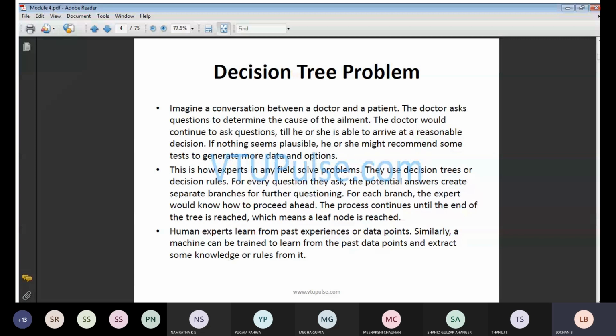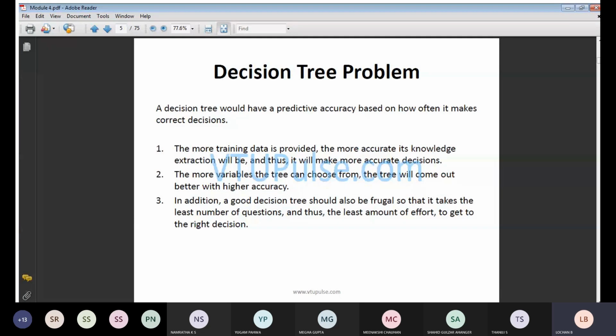Okay. A decision tree's predictive accuracy is based upon how often it makes a correct decision. So in this particular case, the more training data is provided, the more accurate the knowledge extraction will be and the more accurate the decisions will be. For example, most of the students have been placed in a good company. So once they join the company,